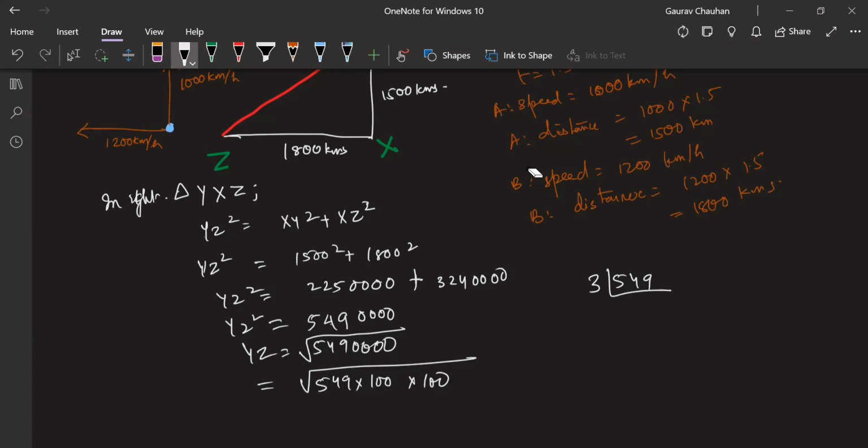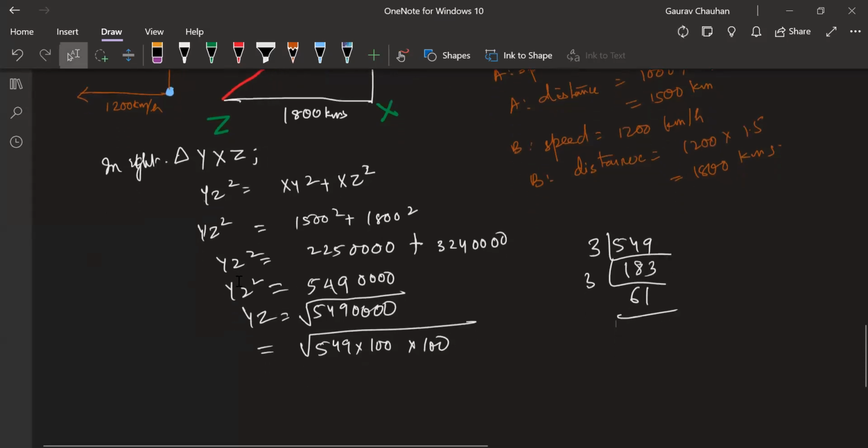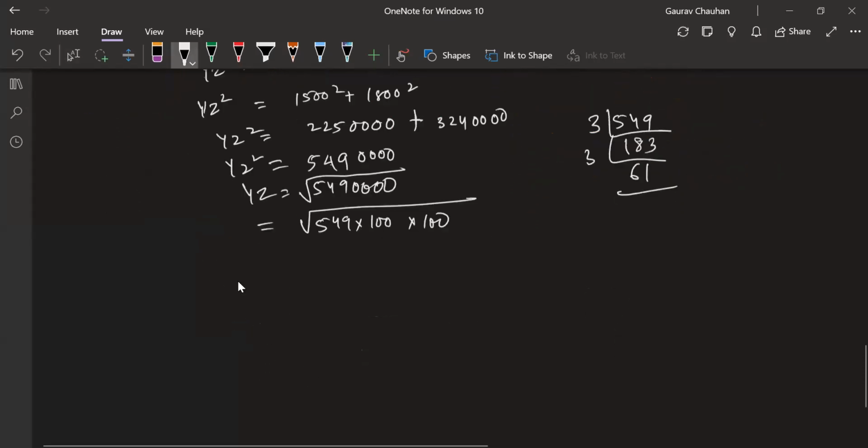So I'm going to go 3 ones are 24, 8s are 9, 3s are... Okay. It goes by 3 again. So it goes 61, and 61 is a prime number. 61 is a prime number; if you don't remember, you can try out different things and see.